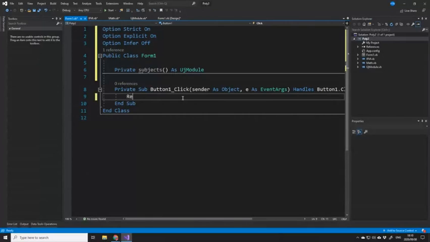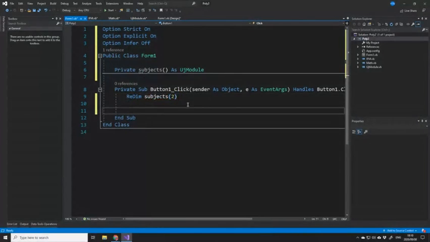So we'll redim our array and we click on the button just for the sake of having it there. So we'll redim the subjects to 2. We can do it manually in this case, just to save us some time so that we can see that it's working. And we're going to make a temporary variable